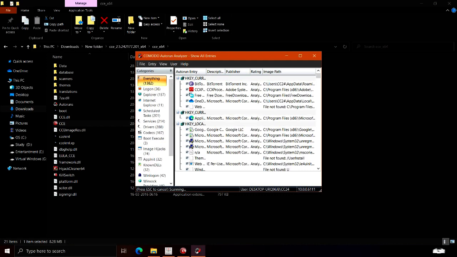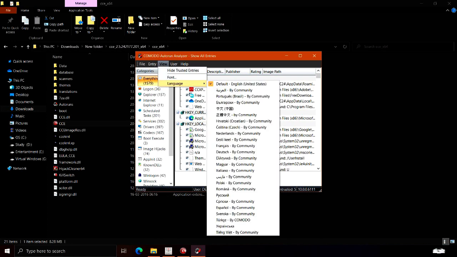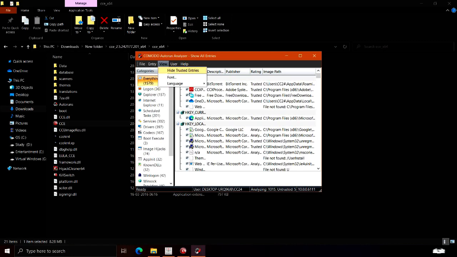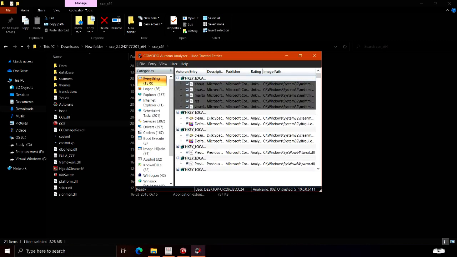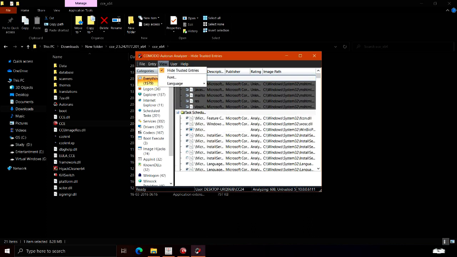After you open Comodo Autorun, it will immediately compile a list. This process can take a few minutes to complete. Without waiting for the scan to finish, you can go to View and select Hide Safe Entries so that you have fewer files to look at once the scan has completed. If Autorun shows some files, then simply delete them. If Autorun says there is no item to show, then your computer has passed this test. If your computer has passed the previous tests, then there is definitely no active malware on your computer.